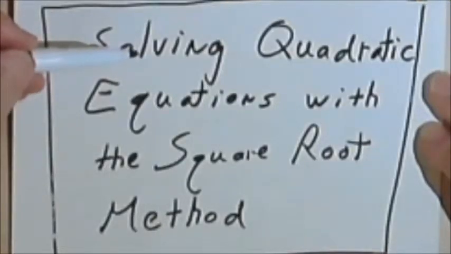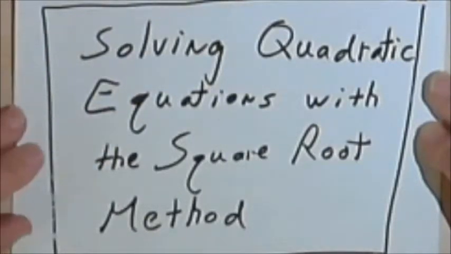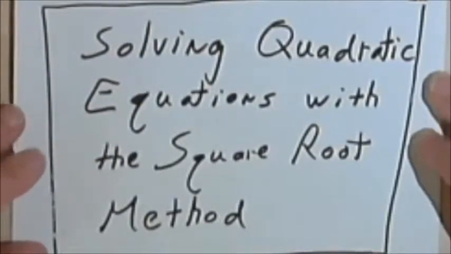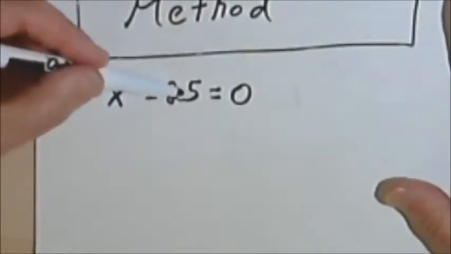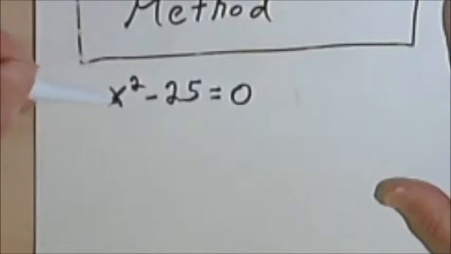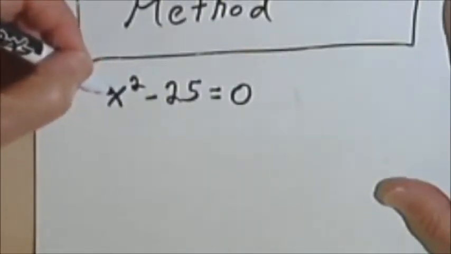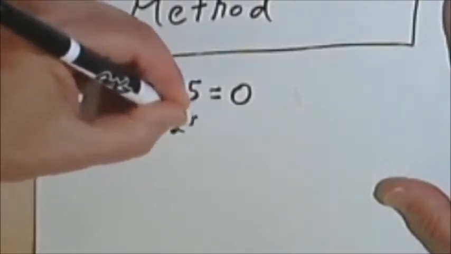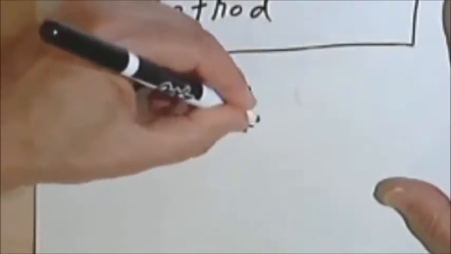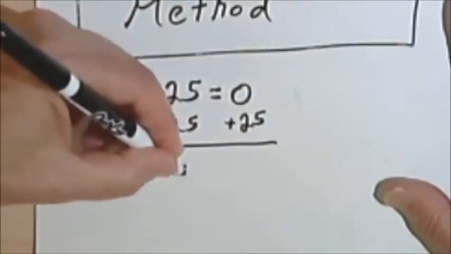This video is going to be about solving quadratic equations with the square root method. And this is really a pretty easy thing to do. So here's an example. I've got x squared minus 25 equals 0, and I want to find out what x is. So the first thing I'm going to do is isolate the x squared, which means in this case I'll add 25 to both sides. That's going to give me x squared equals